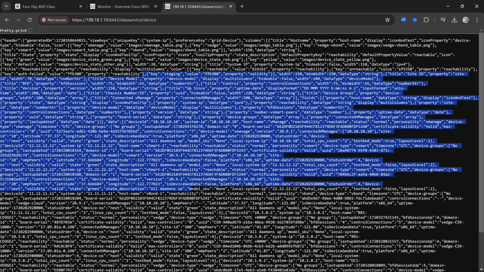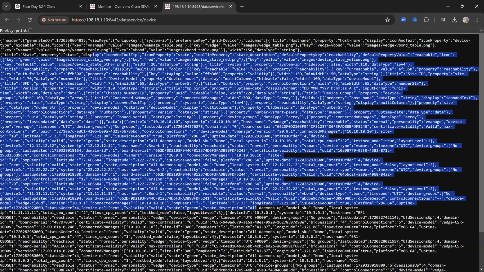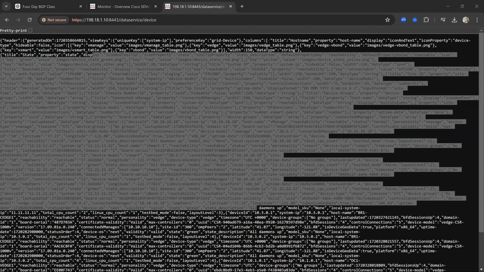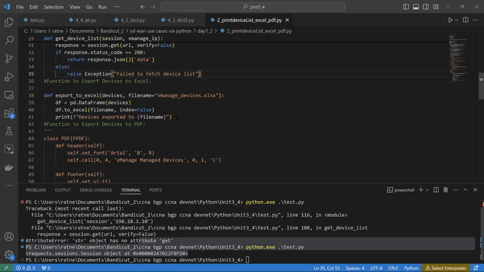This is the return value. From this return value, we will use some sort of for loop, and then we will print that information in the Excel sheet. That's the use case we have. So now what we want to do here, we have to define one function,